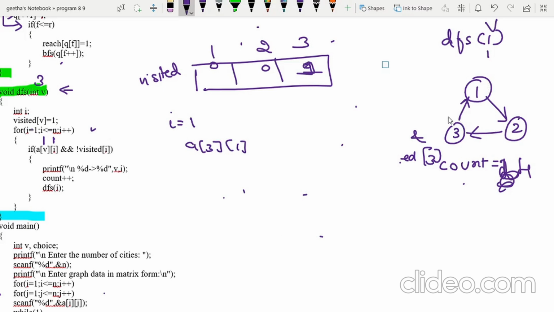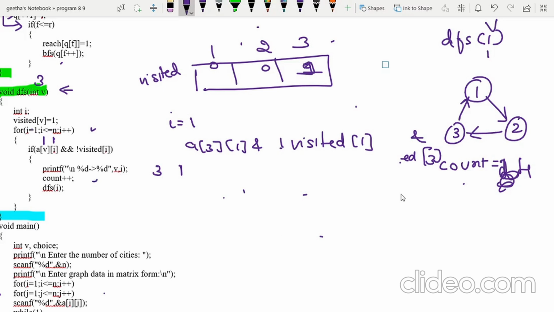And not visited of 1 is true. In that case you're going to print there is a link between 3 to 1.